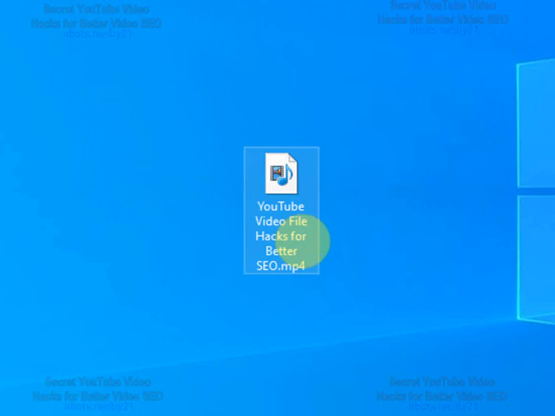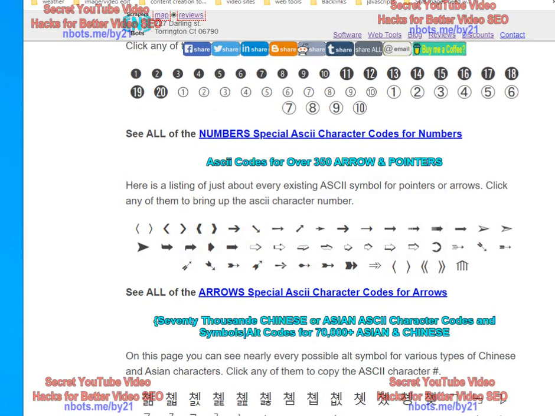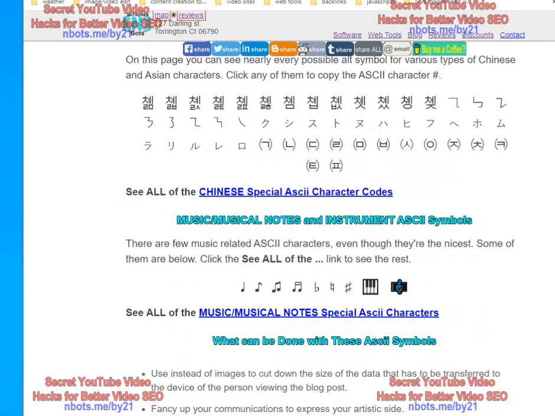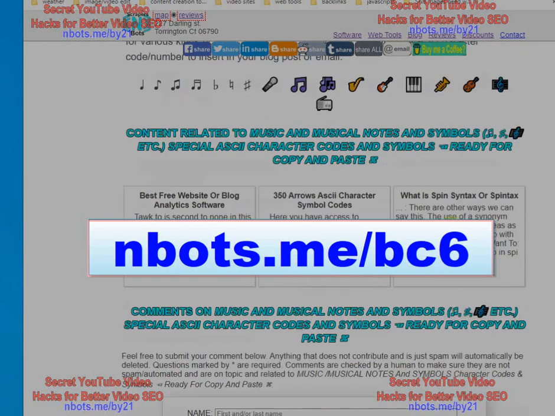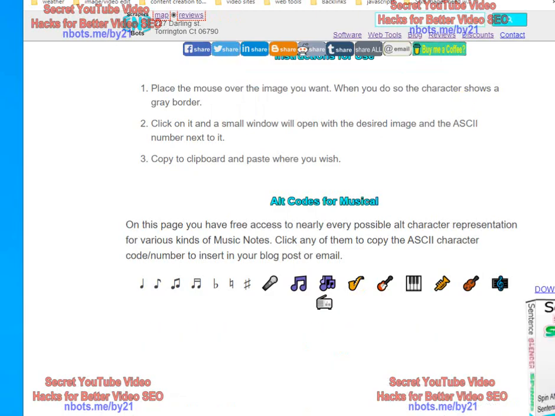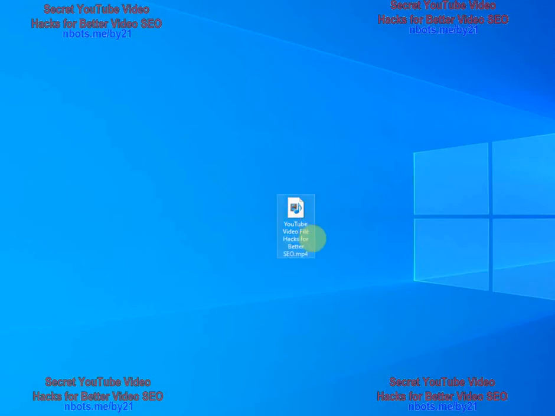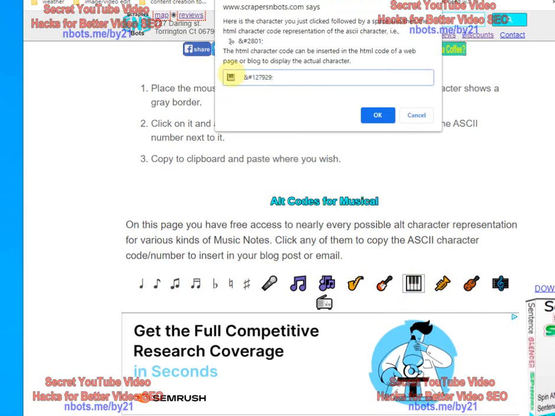And another little trick you can use that many people don't think about is insert one or two ASCII art characters in there. This is the page that contains many ASCII character codes that you can insert in your video, and I'm just randomly going to grab a few to show you the effect. That's a saxophone, which has absolutely nothing to do with YouTube, but I am just demonstrating this for learning purposes. Let's take another one, this one of the piano keyboard. We'll put that in there.